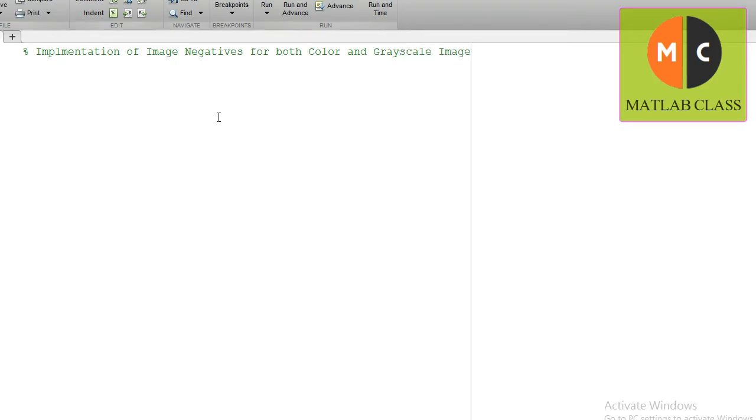The second comment line that you have to write is, so the first is my title, the second line is for author, so the author for this is MATLAB class, then you are supposed to write today's date, so the date is 13/3/2020.